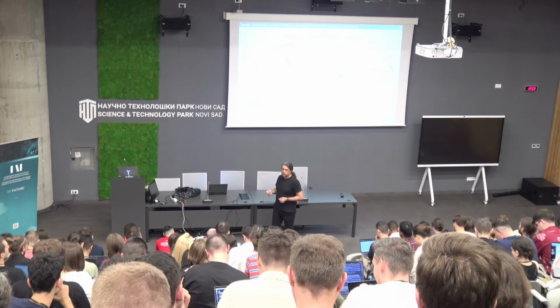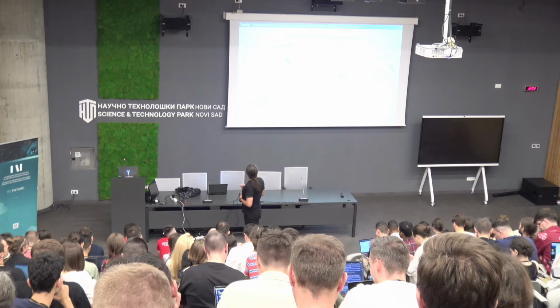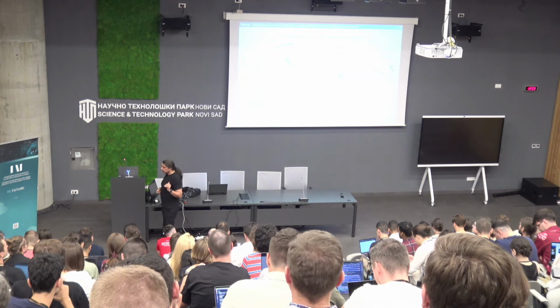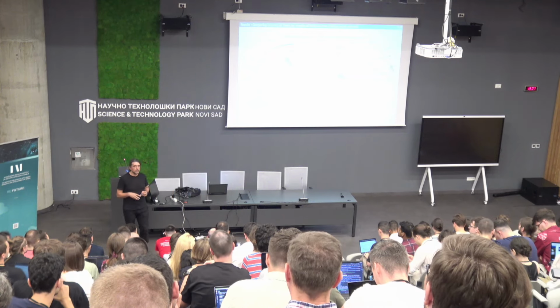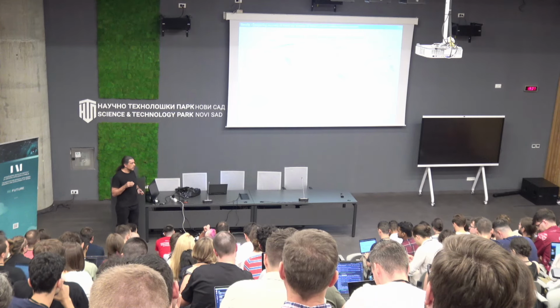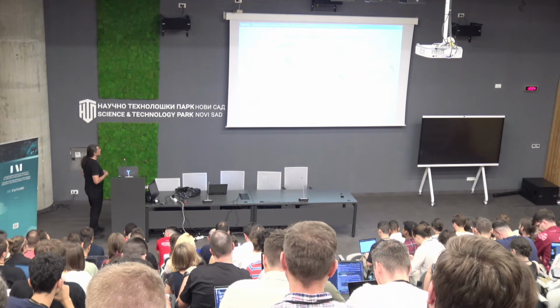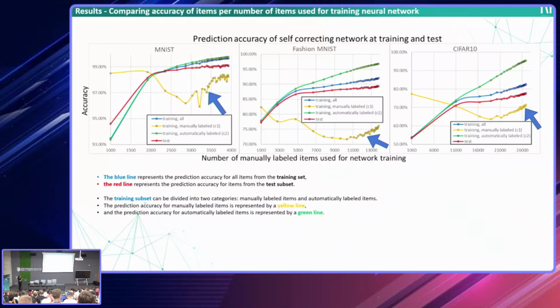Actually, that's this line. You can see how it looks. Every time you are finding items from the data set that are hard for the neural network to detect. Actually, this is also one way of finding the different difficult cases from your data set. And if you look at the yellow line, that's how the prediction looks on the manually labeled data. That neural network, if you always select these worst items,